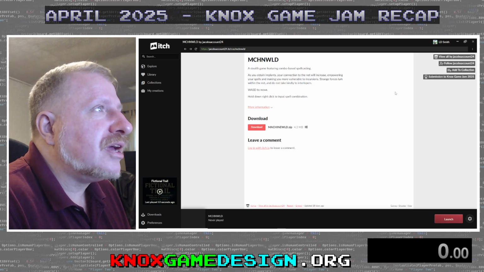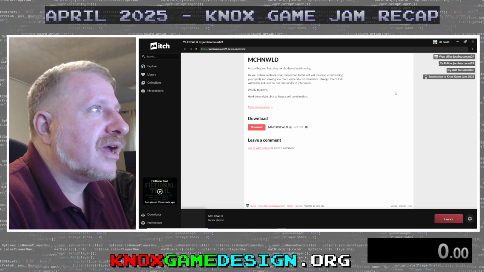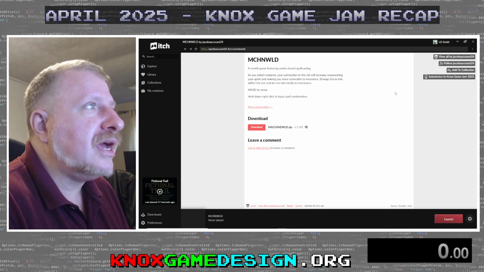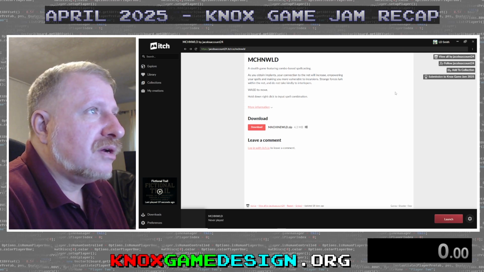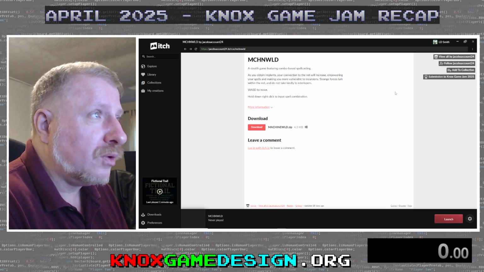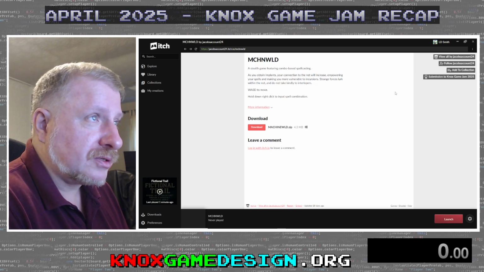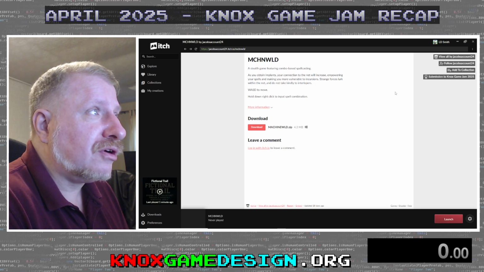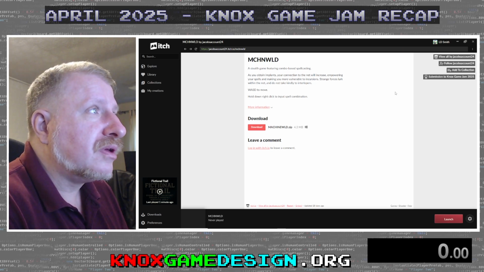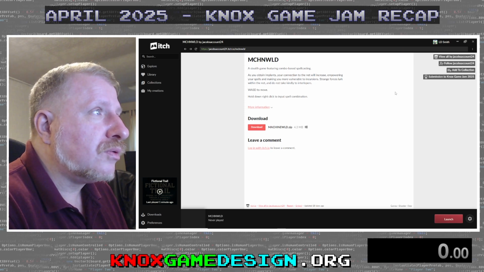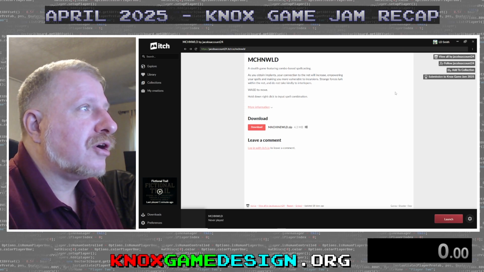Description: a stealth game featuring combo-based spellcasting. As you obtain implants, your connection to the net will increase, empowering your spells and making you more vulnerable to incursions. Strange forces lurk within the net and do not take kindly to interlopers. WASD to move, hold down right-click to input spell combination.